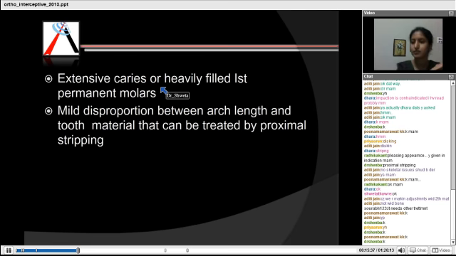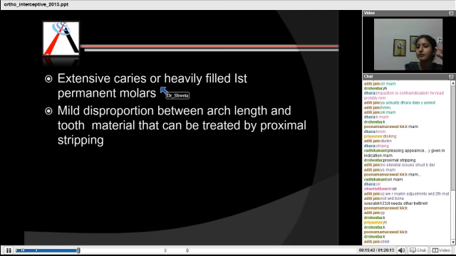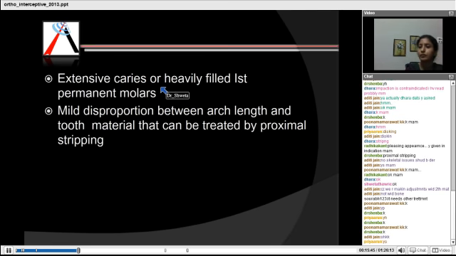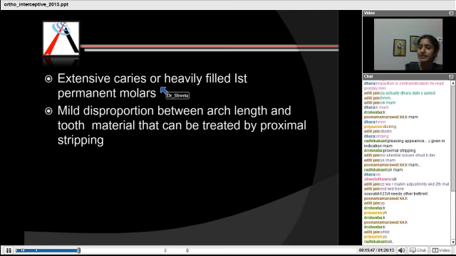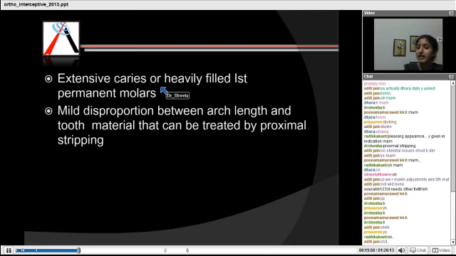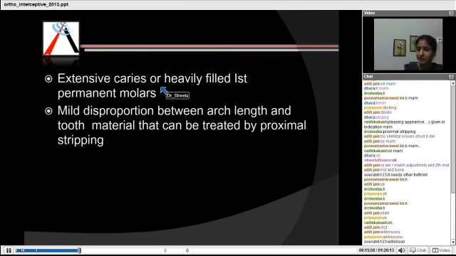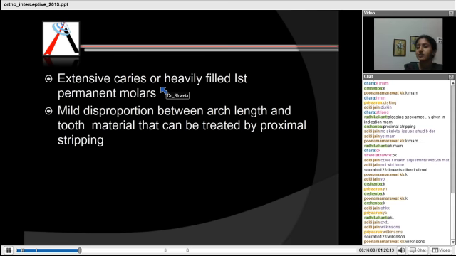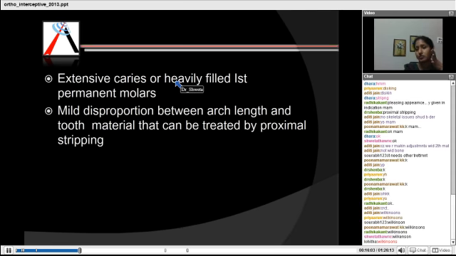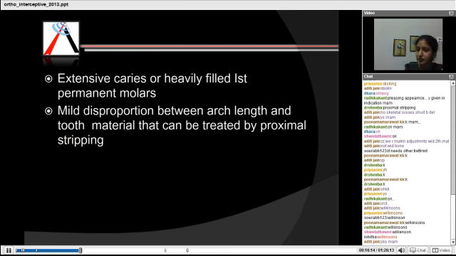See, in such a case, it is better to extract the first permanent molar to create space rather than removing the premolar. It is better to remove the first permanent molar and guide the second permanent molar in its place. What is that extraction known as, where all first permanent molars are extracted when they are very grossly decayed? Yes. So you can do Wilkinson's extraction in this case rather than doing serial extractions. Okay. So it is very important to diagnose a patient carefully before doing serial extractions. Clear? Understood all the indications and contraindications of serial extraction?